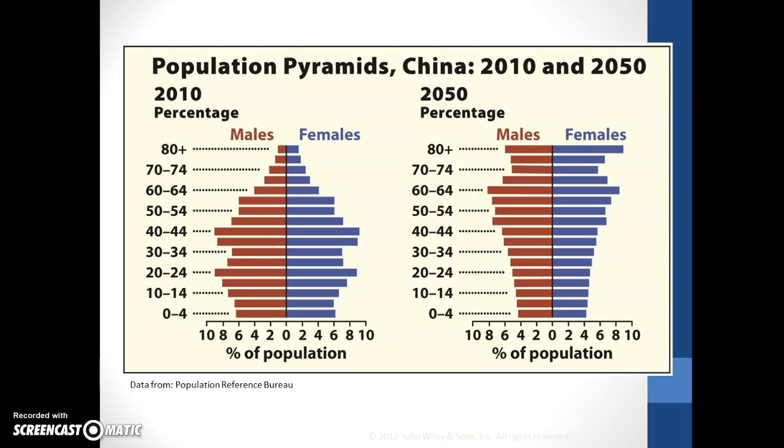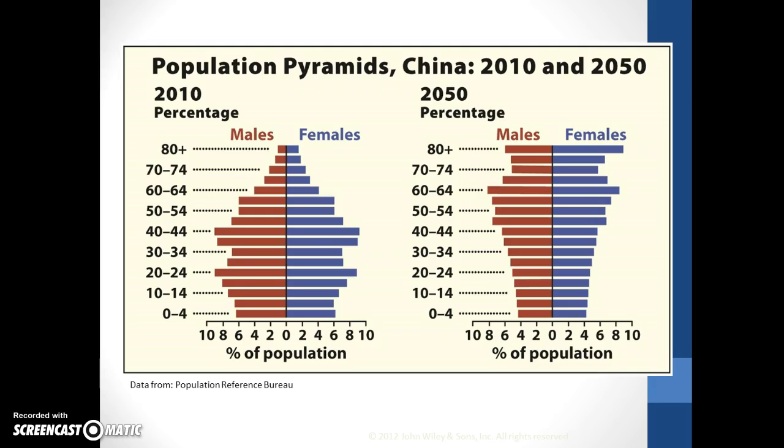If we look at the 2050 population pyramid, what you notice is it's almost like that bell's inverted. Okay, so our population growth rate has significantly declined. And you'll notice that only roughly 8% of the population, if you include both males and females, is now in that 0 to 4 range, basically infant and toddlerhood, as opposed to in the 2010 pyramid, it was more like 6 or 12%. So it's a pretty big drop.